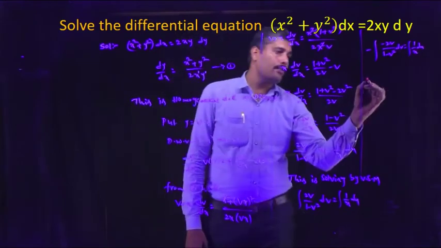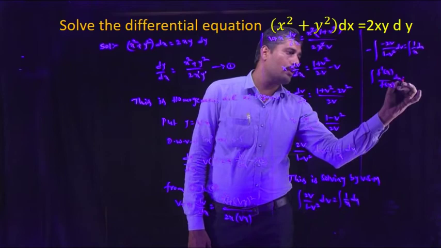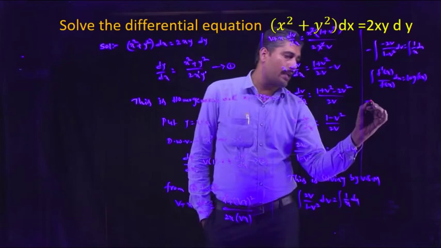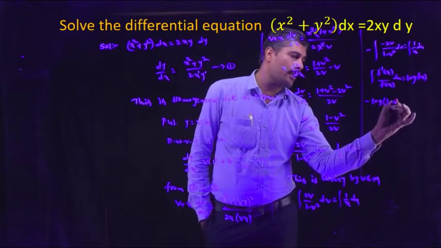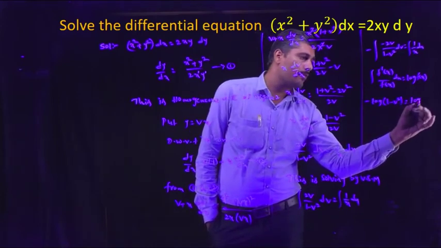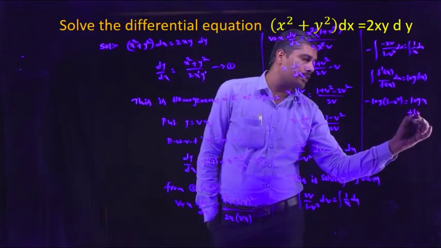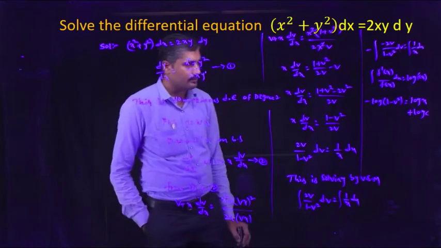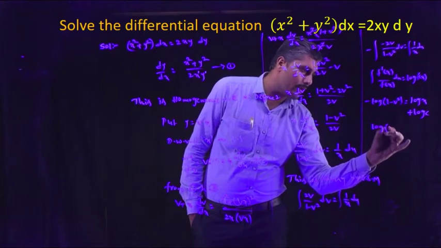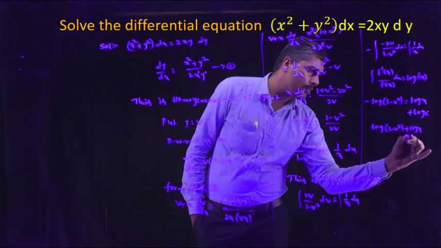This is in the form of integral f dash of x by f of x dx equal to log of f of x, that is equal to minus log of 1 minus v square, equal to, here 1 by x, integration of 1 by x is log x. In total function in log, that's why we take the arbitrary constant also as log c. Minus log 1 minus v square, take right side, that is log of 1 minus v square plus log x plus log c equal to 0.